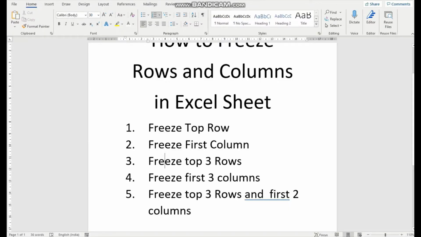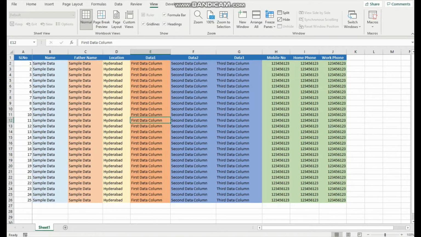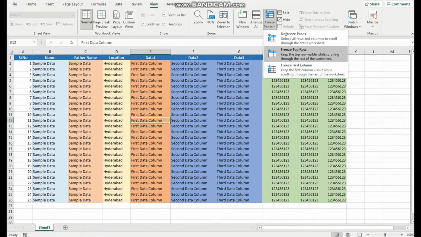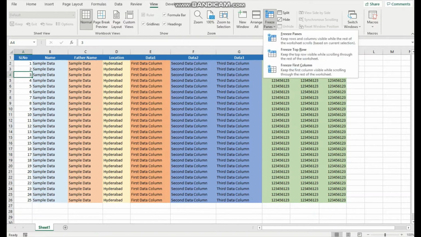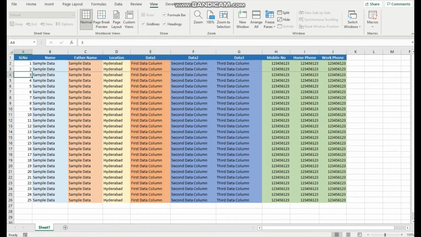Now if you want to freeze only the top three rows, again I am unfreezing this one. If you want to freeze the top three rows, place your cursor in the third cell of the first column, go to Freeze Panes and click on Freeze Panes. Now see, if you are moving down, the first three rows will not change.